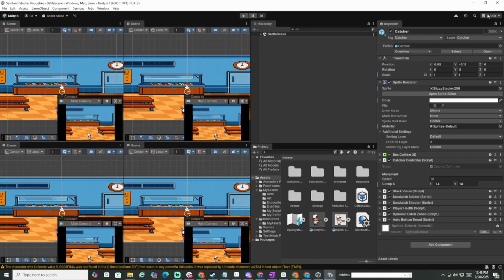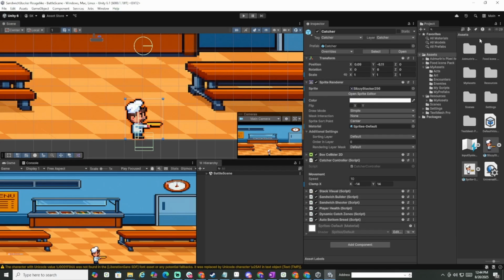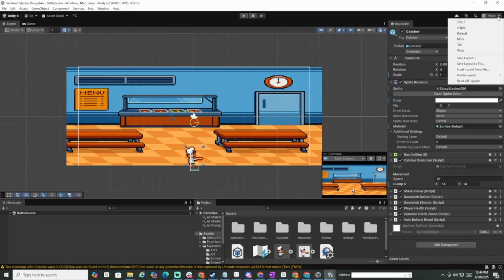But as you can see, I'm going through the different layouts, and these are the ones that Unity automatically gives you. I'm not exactly sure what the uses are for all of them, but I'm sure there's a good use for all of them, and they can be applied to a number of situations. But as you can see, you can set your layout to whatever you like, and then save your layout. You can edit layouts, you can delete layouts,